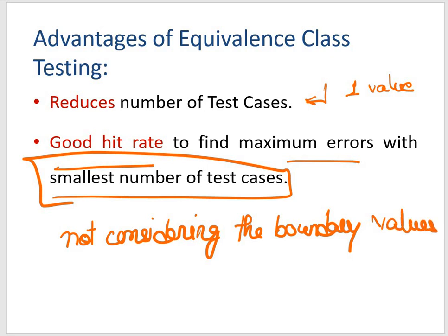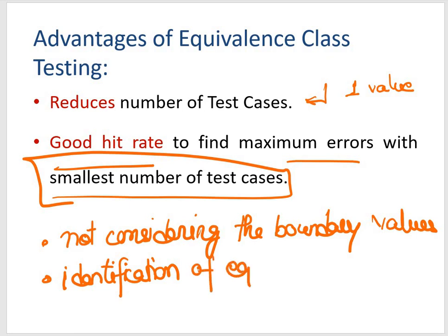You may say that right now I am not considering the boundary values, and previously we said that errors tend to be at the boundary values, right? So in that case I'm not considering that particular point. Plus,